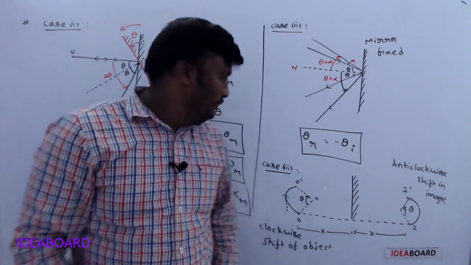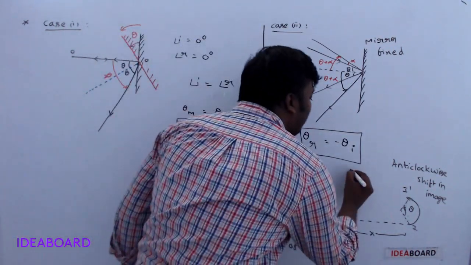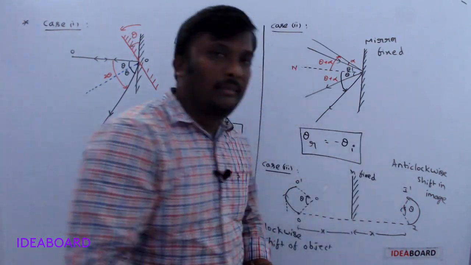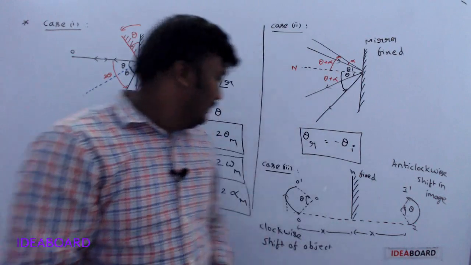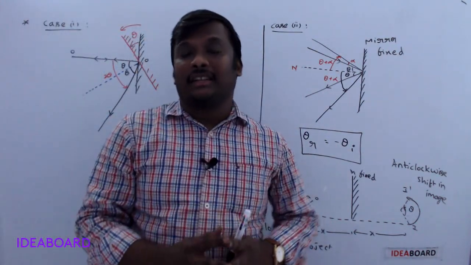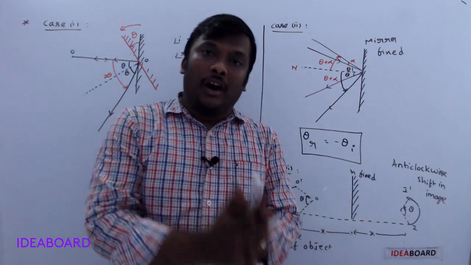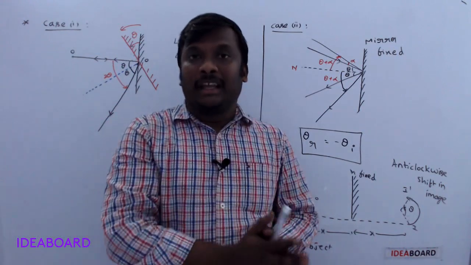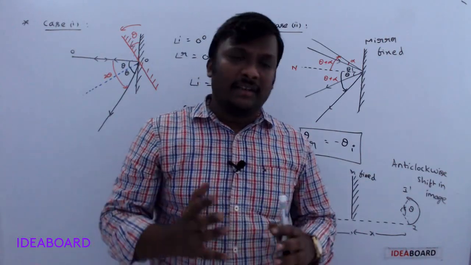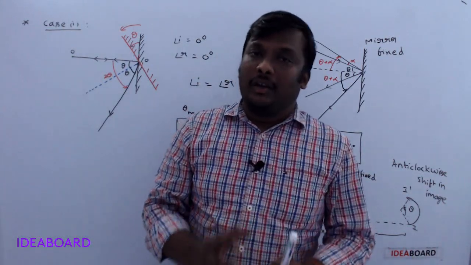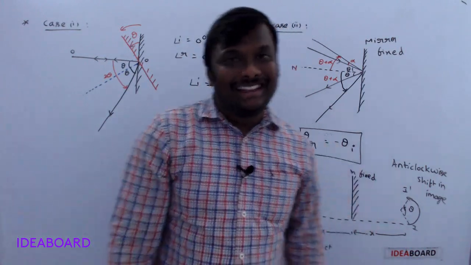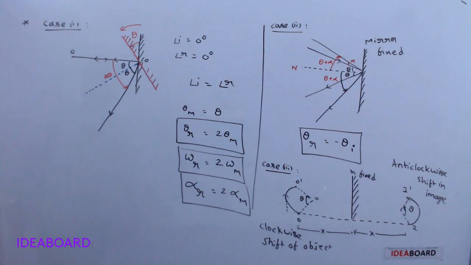Do you understand now? So here the mirror is fixed. Is it clear? In the next section we will discuss the velocity of the object with respect to the plane mirror, and how the image velocity changes. It's a very important concept. We will discuss it in the next section. Okay, thank you. Please note it down.